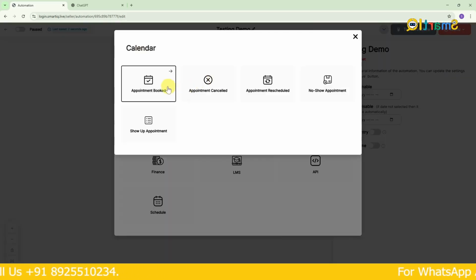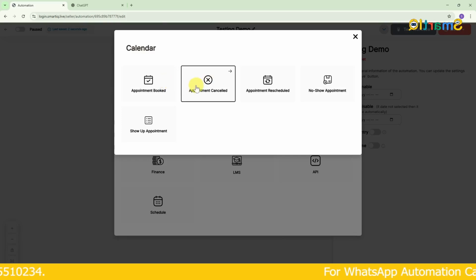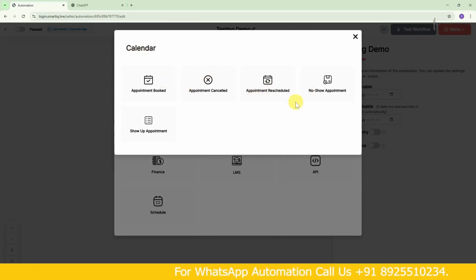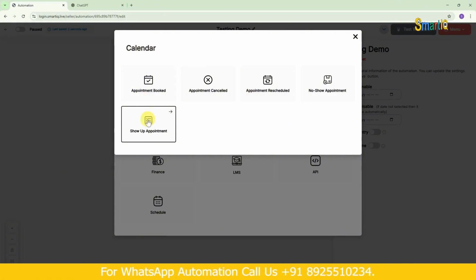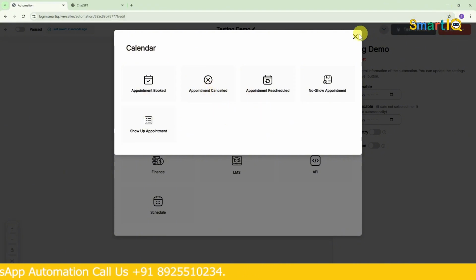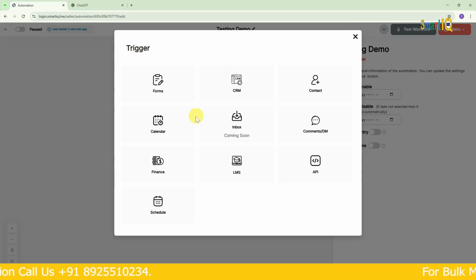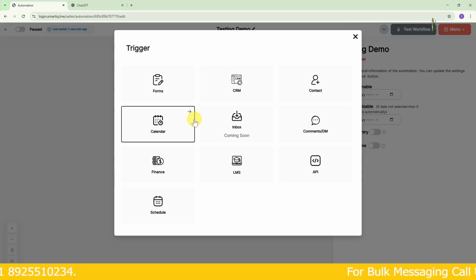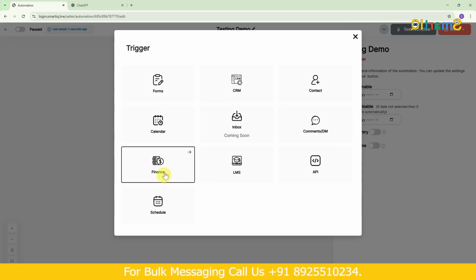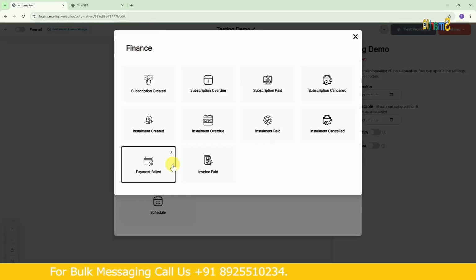If it's about the calendar, say when an appointment is booked, or when it's cancelled, or if the appointment is rescheduled, or when the appointment is over, or after the appointment is done, you have options. For upcoming appointments, you can send reminders based on conditions, like 1 day before, or 2 days before, or even live. Like if it's a webinar, you can send a webinar is live now message.